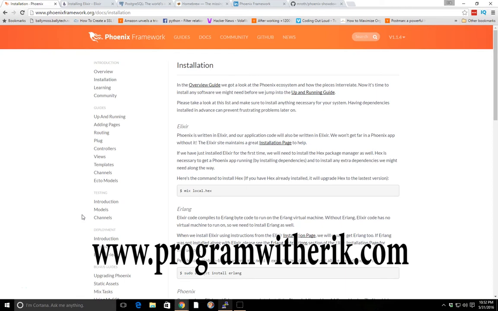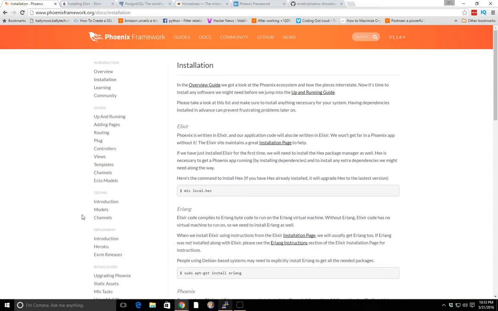So the Phoenix framework, if you don't know, is a web development framework. It's written in Elixir, and it uses the server-side MVC pattern. Elixir is more of a functional language that leverages the Erlang VM,